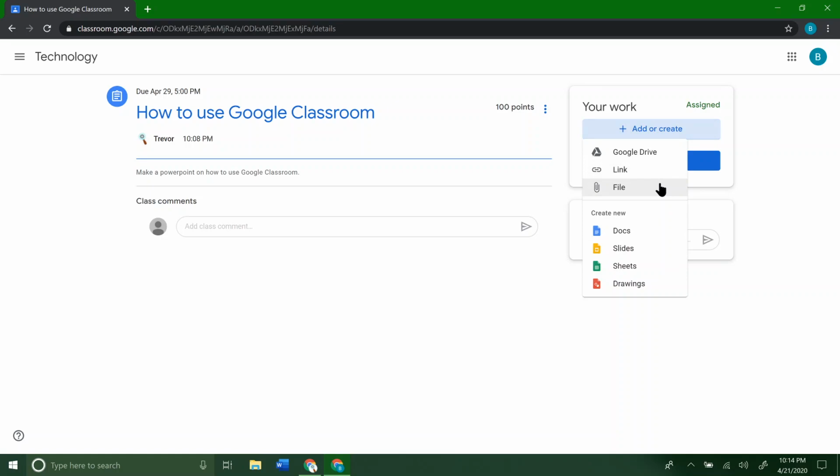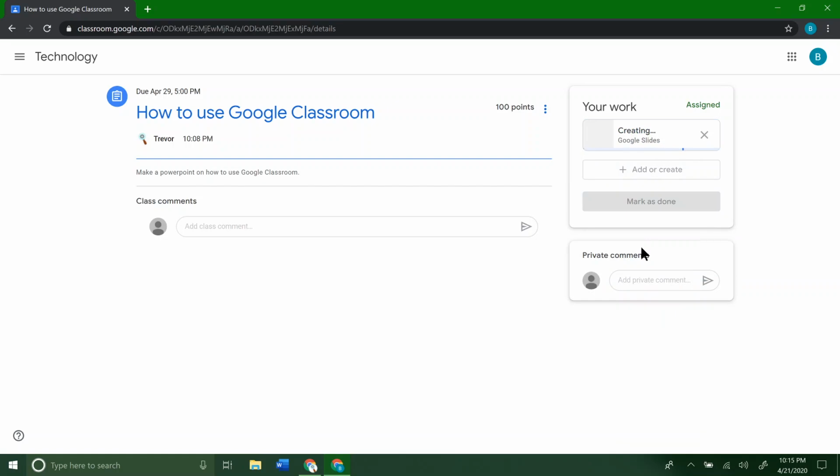I can attach a file, so if I've written this up in another program, I've done it in PowerPoint, whatever, and it's totally done, I can click this and upload that file. Or if I want to use Google Docs or Google Slides or whatever I need, this is a PowerPoint, so we'll use Slides. I can just do it straight from here. I can click on Slides, and it's going to create it real quick here. And now if I click on it,